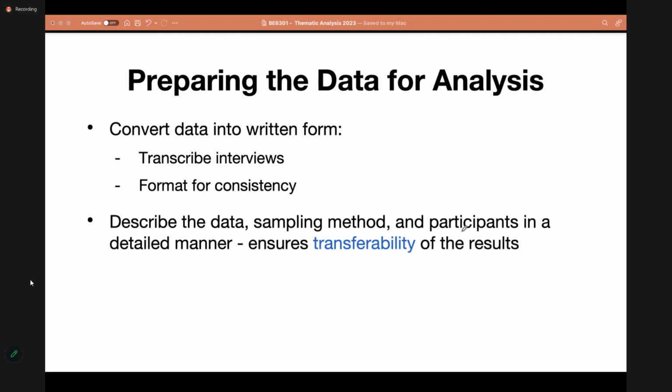Why is it important to do that? Because that will ensure the transferability of your results. That means somebody else reading your work, reading your findings, will be able to judge whether your findings are applicable to their context as well. Say you might have collected data from 10 interviewees in Sri Lanka.